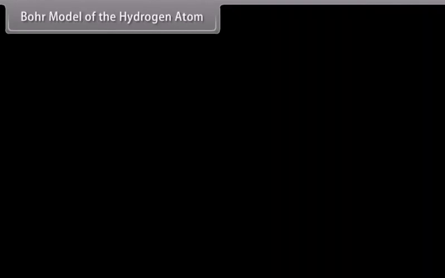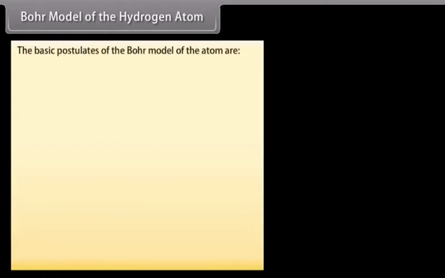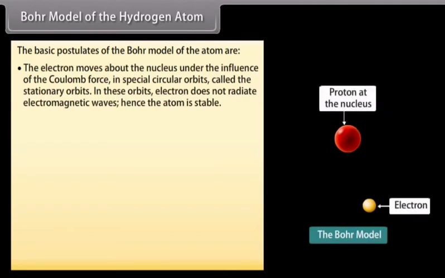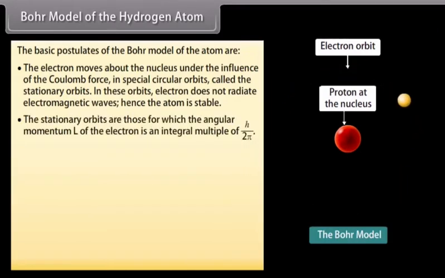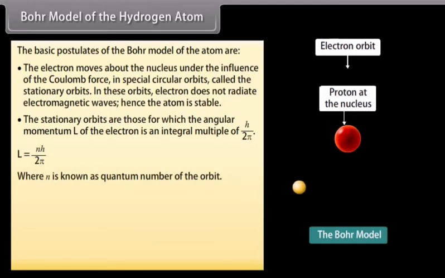Bohr model of the hydrogen atom. The basic postulates of the Bohr model of the atom are: the electron moves about the nucleus under the influence of the Coulomb force in special circular orbits called the stationary orbits. In these orbits, the electron does not radiate electromagnetic waves, hence the atom is stable. The stationary orbits are those for which the angular momentum L of the electron is an integral multiple of h upon 2 pi. L equals nh upon 2 pi, where n is known as the quantum number of the orbit and